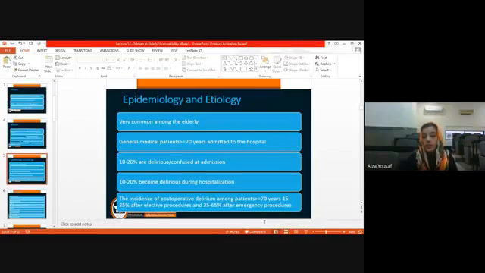There is an acute onset of delirium. It can change from day to day or from hour to hour. In the morning the patient may be normal, while in the evening the patient may present in a confused or disoriented state of mind. That's why we call it acute confusional state, and it is more common in elderly patients,